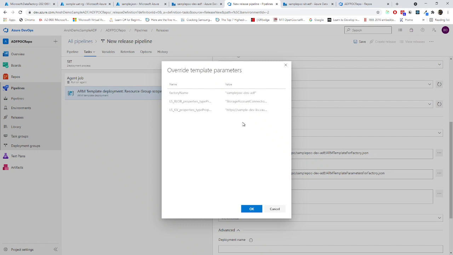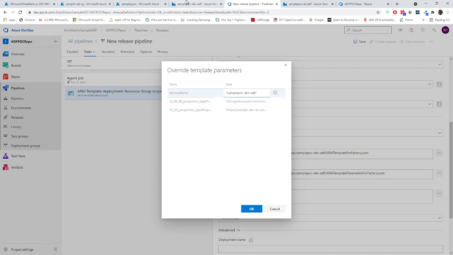One is your linked services. For linked services, we are using connection strings, and the connection string is being fetched from the Azure Key Vault. This is the right way to fetch it. Why, I have already told you, because this will be very handy to implement these parameters. Otherwise you will have different connection strings for different linked services, and this entire pop-up model will be very lengthy to implement. Right now, my factory name is sample POC.